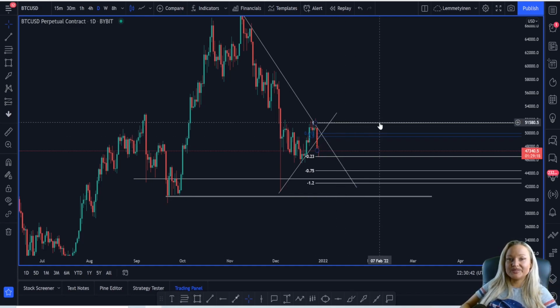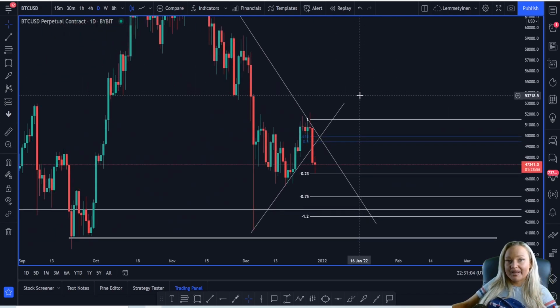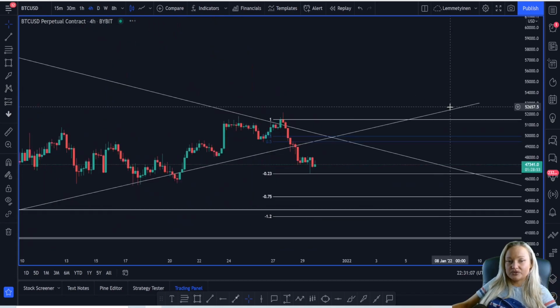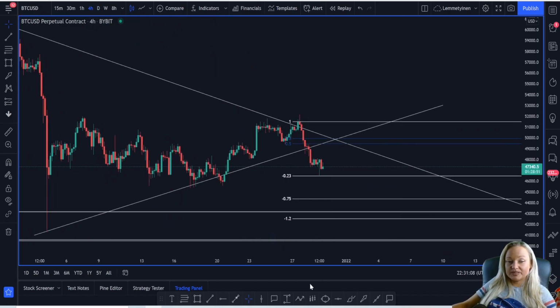What I'm trying to do is that I'm looking at the overall picture, then I'm going down to the lower time frames, and either I'm trading the pullback or I'm trading the impulsive move. I'm just trying to figure out what type of trend, when it's the pullback, when it's the impulsive move, when it's the retracement. And that is how I am combining different time frames to calculate where to buy and where to sell. Because you can see on the lower time frames, on the 4 hour chart, we are in a